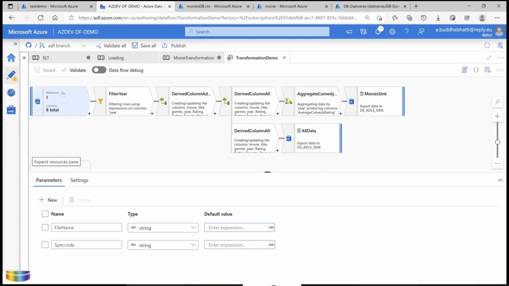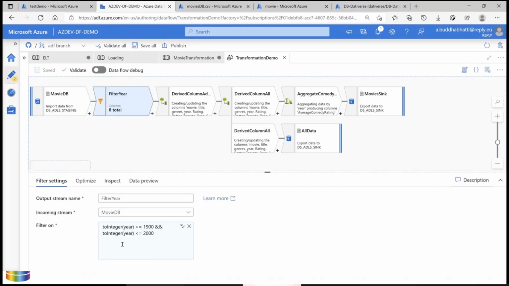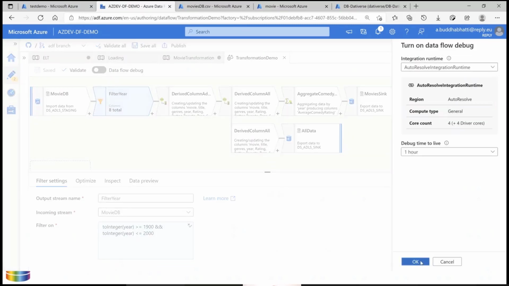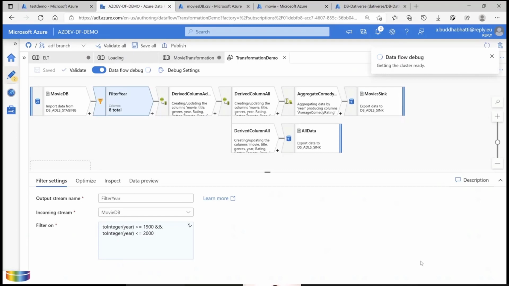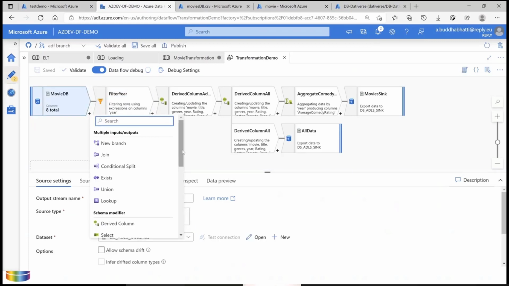My source file is coming from Azure Data Lake Gen 2, and here I'm applying filters based on specific years. Let me turn on mapping data flow, because it takes around 3 to 5 minutes to turn on, since behind the scenes it is using a Databricks Spark cluster. So it's spinning up the Spark cluster for our data flow. Here you can filter. You just add a filter activity by clicking here. If you are familiar with SQL Server queries or SSIS, this is very simple for you.